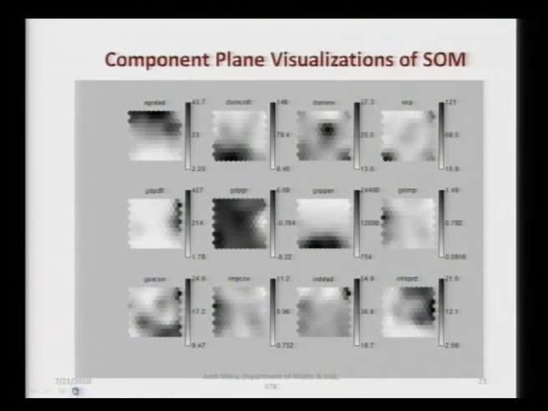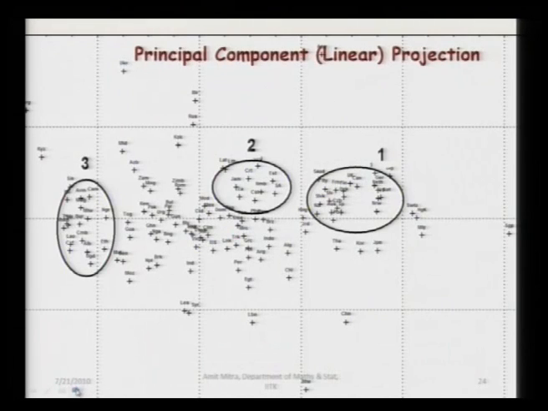This is the component plane visualization, the type of thing we were discussing in the previous example, also of this clustering tendency. As I said, the principal component is also capable of giving us rough clusters in the data. This is a two-dimensional principal component representation wherein we have the two axes as the first two principal components in this data, and then if we have the projection of the data in the principal component plane,